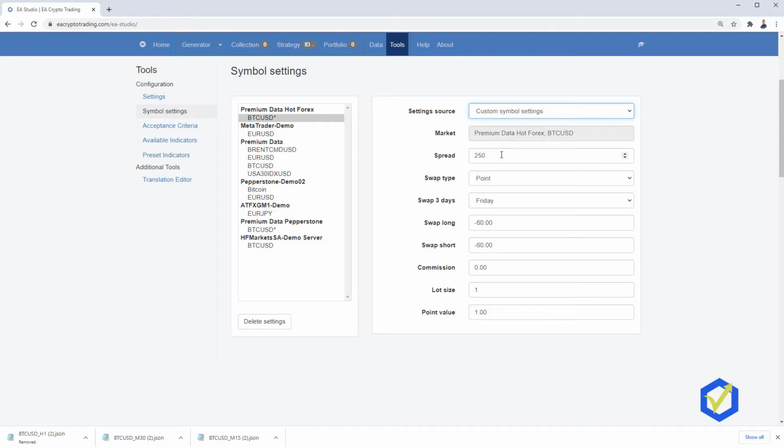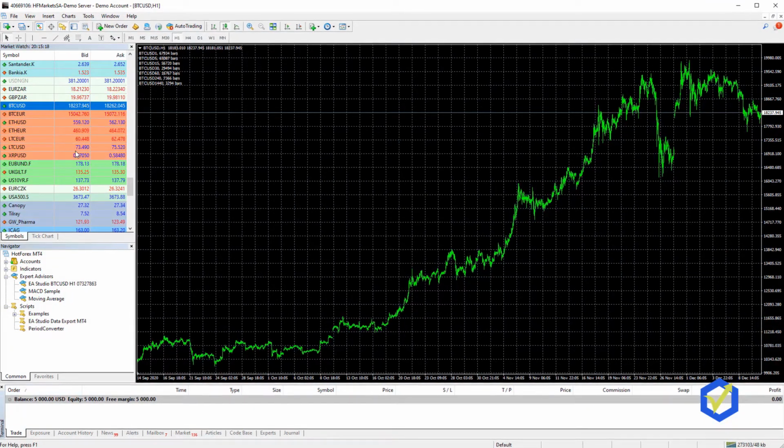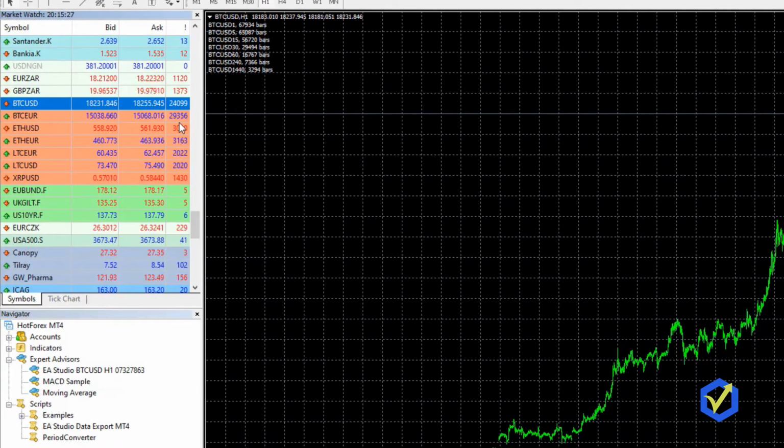As spread, I have entered 250, and I will tell you why. Because as we saw, the spread with the Bitcoin is about $24. It is displayed as 24,000 on MetaTrader. So I take a little bit bigger spread as 25. You can see in some moments it increases.